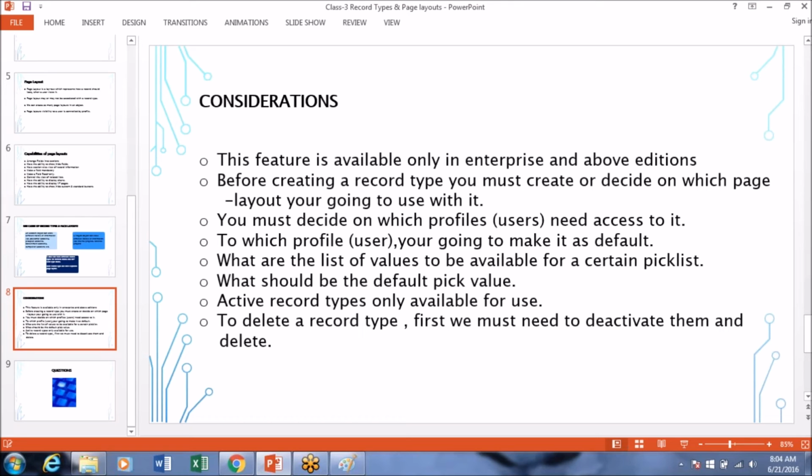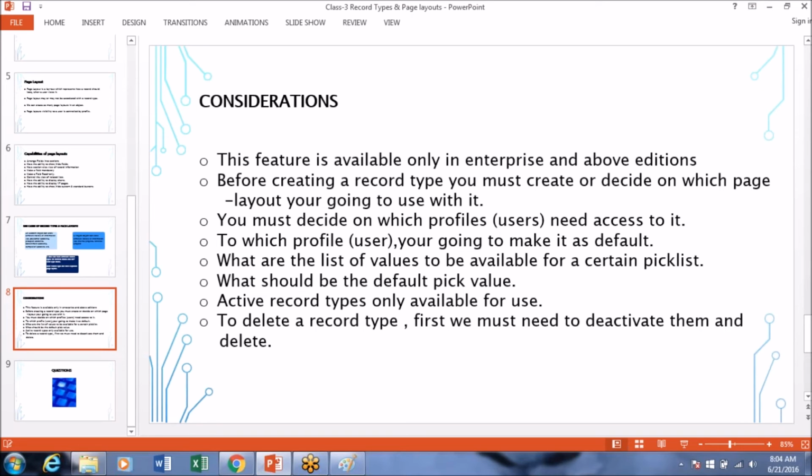Okay. And what pick list values we need to make available with that record type. And which profile we need to assign that record type and page layout. We need to decide on these. These are the prerequisites.